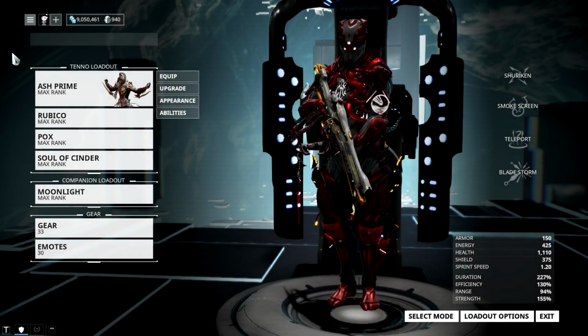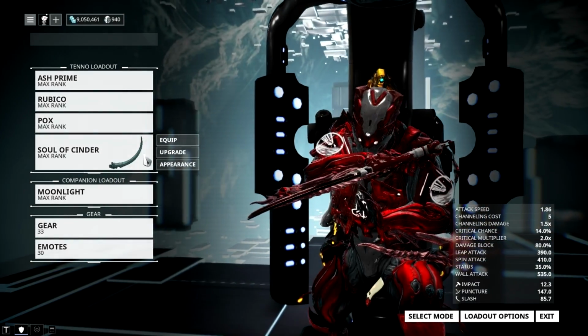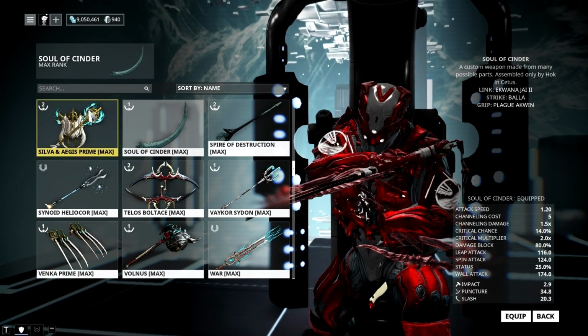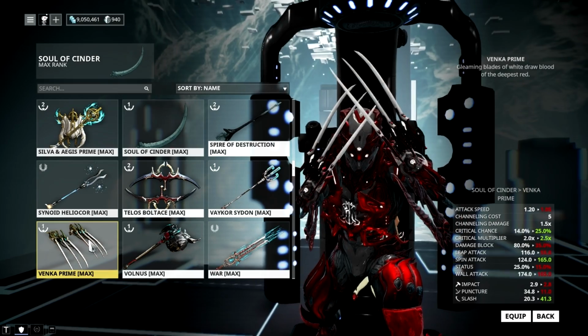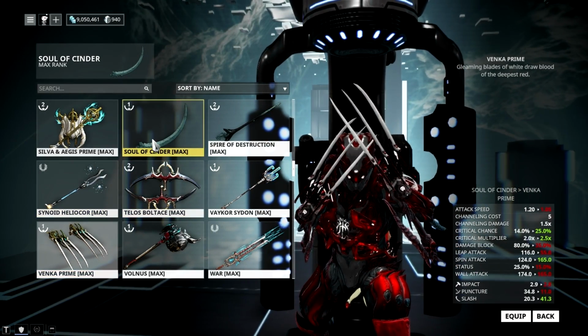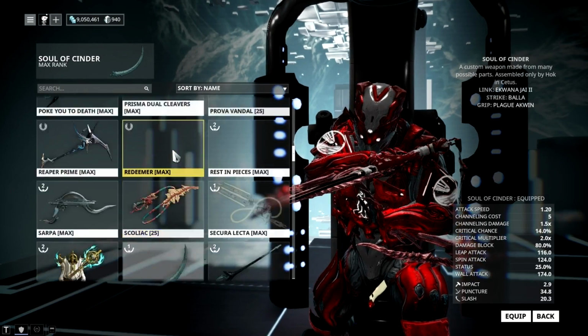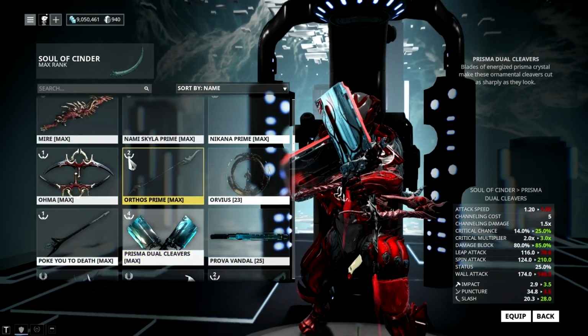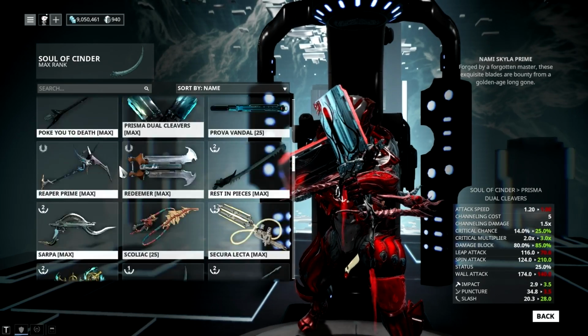As I've said earlier, there are two ways to increase its damage. One is by equipping ability strength mods, and two is by increasing your combo counter. Most players rely on a high attack speed melee weapon with slash damage to increase their combo counter. It's a good idea, but there's a weapon that can do this a lot better, and that is the Venka